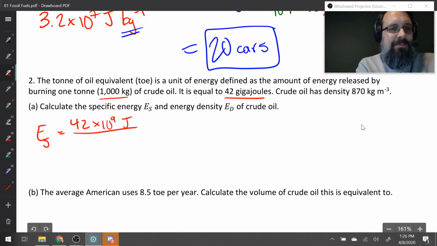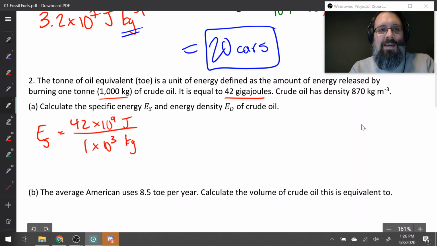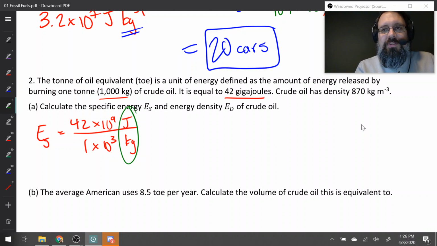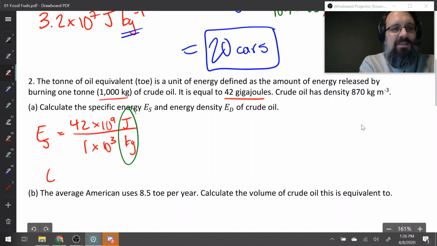1,000 kilograms. And so the key idea here when you're trying to find a specific energy is you just look at the unit. So we want to know the joules per kilogram. Well, we already know that. We know this 42 gigajoules and we know that it's 1,000 kilograms. And so we just straight up divide those two numbers. So that tells us that the specific energy